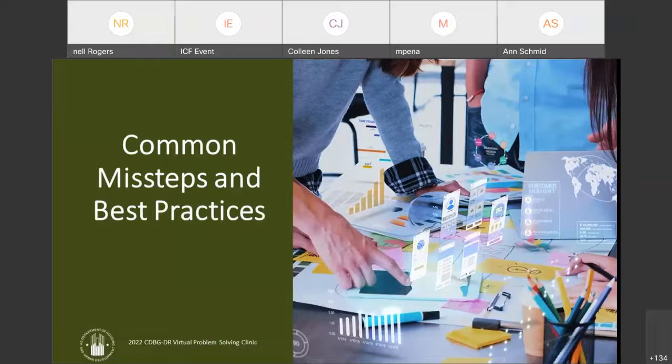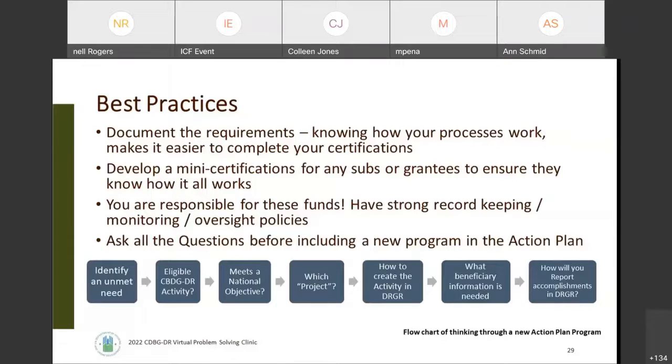So we're going to take just a few minutes and talk about common missteps and best practices. So document the requirements. One of the biggest things that comes out of sessions like this, and as you work towards starting your program, is to be as familiar as you can with that Federal Register notice, and utilize the HUD resources and the programs, but really try and make yourself a list of what are the things that I have to hit? What are those really important requirements? How can I build tools or work with consultants and technical assistants to build tools to make sure that I'm hitting my percentages, that I know